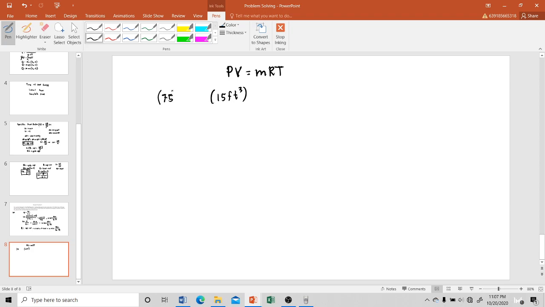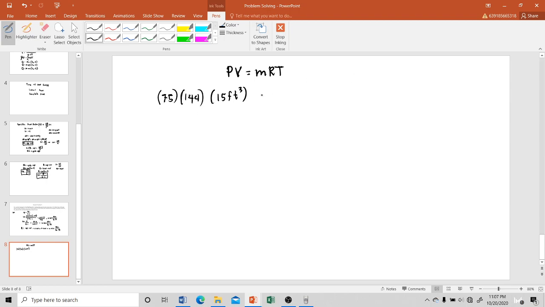In terms of feet squared, we multiply by 144. So that is the conversion, right? Since 12 inches, 12 squared, we have 144 square inches per square foot,